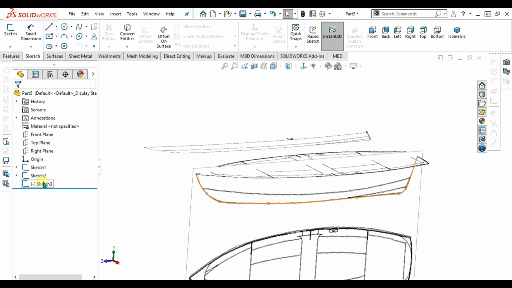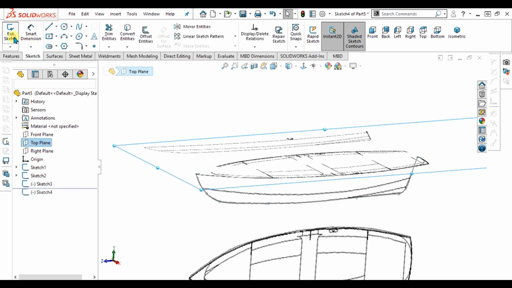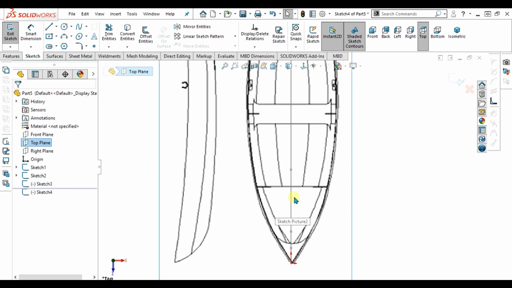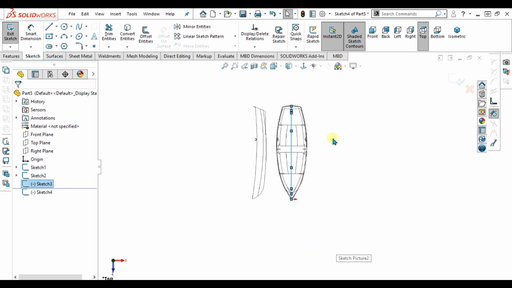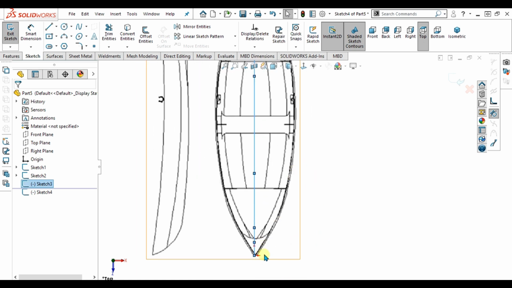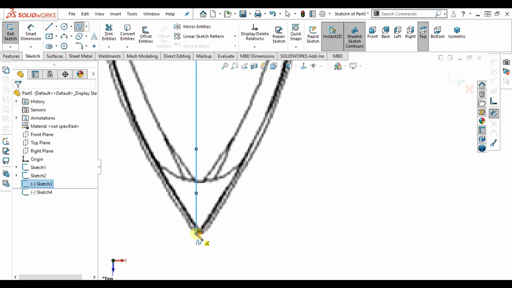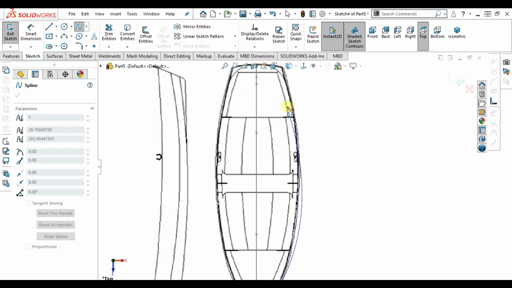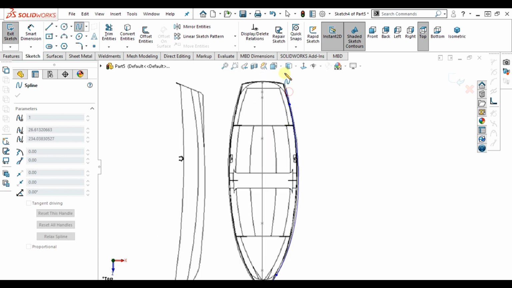and I am going to make another sketch on the top plane like this. As you can see, this is our line, and we have to make this top sketch aligned with this 2D line. So select this point and start making your reference spline by tracing the image like this.